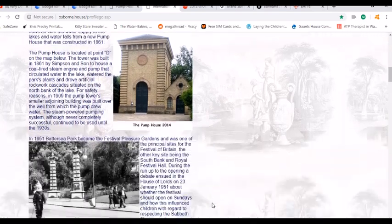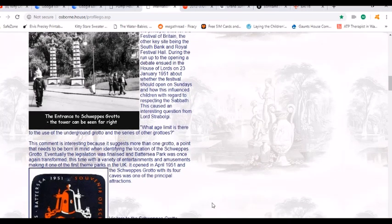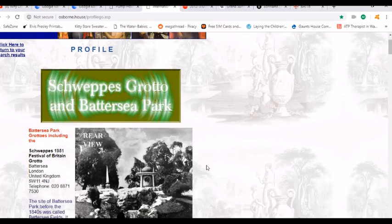We'll look at that another time. So this grotto was built for the Royal Festival, the 1951 Festival of Britain,